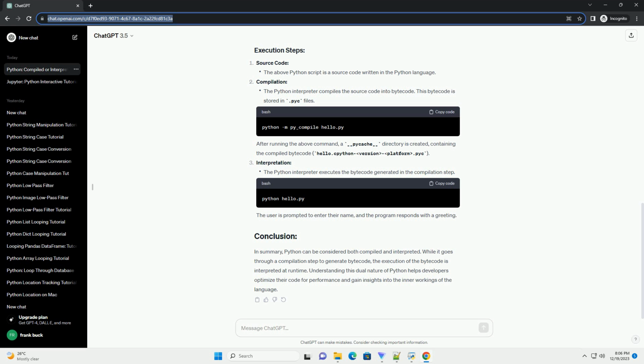ChatGPT. Title: Understanding Python, Compiled or Interpreted Language. Introduction. Python is a versatile programming language known for its simplicity and readability. One common question that arises among beginners is whether Python is a compiled or interpreted language. The answer lies in the way Python code is executed. Let's explore the intricacies of Python's execution model and shed light on whether it is compiled, interpreted, or a mix